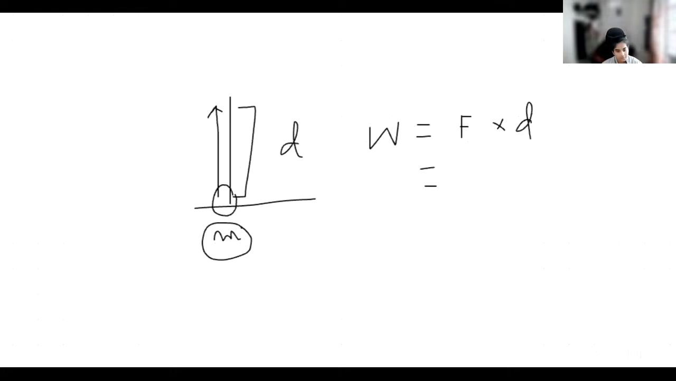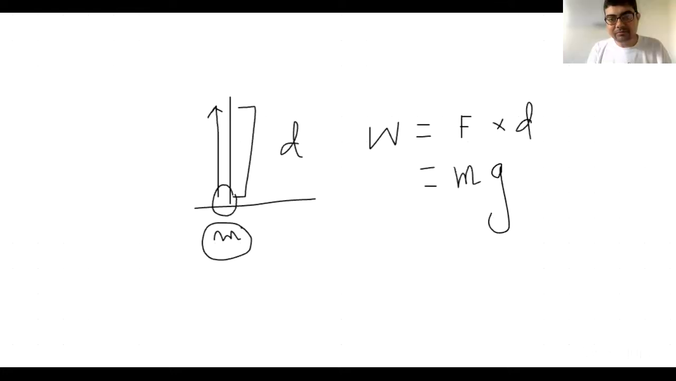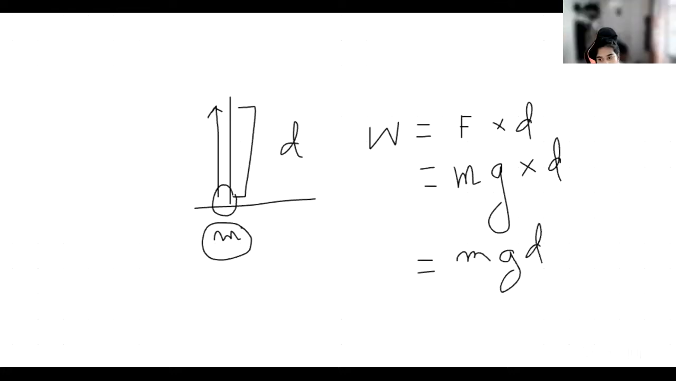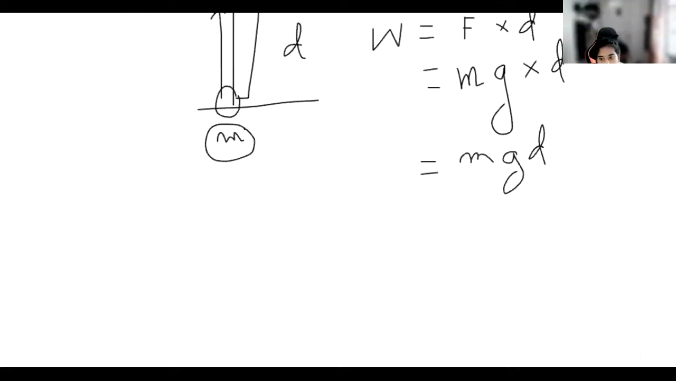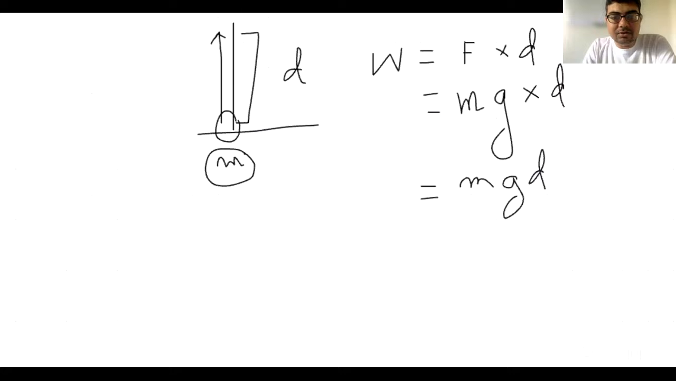Mg into d. So it becomes now mgd or mgh. This is your work done, correct? Yeah. So this work done, so work has been done